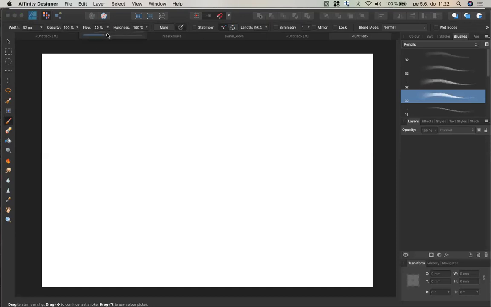Okay, I also changed the flow to 100 so it doesn't stop halfway. Okay, so symmetry is an axis basically here. If I click on symmetry, then I get one axis by default, which is in like this way. And if I start drawing,